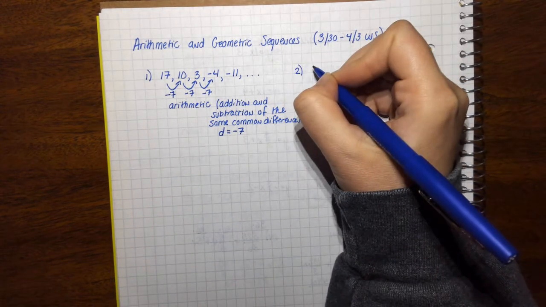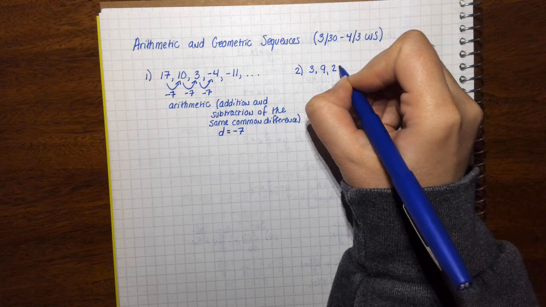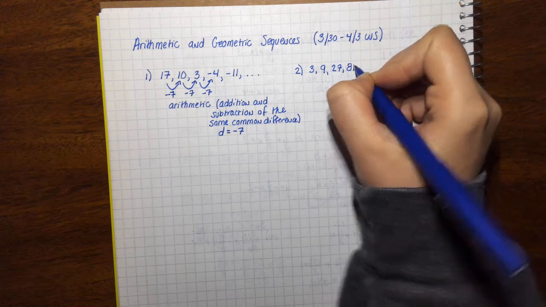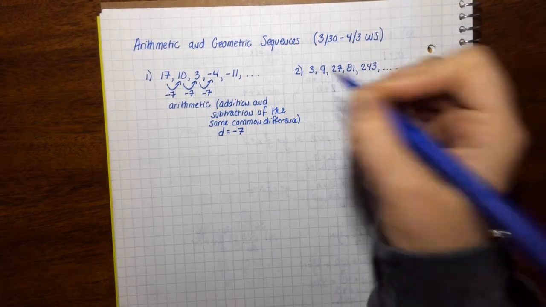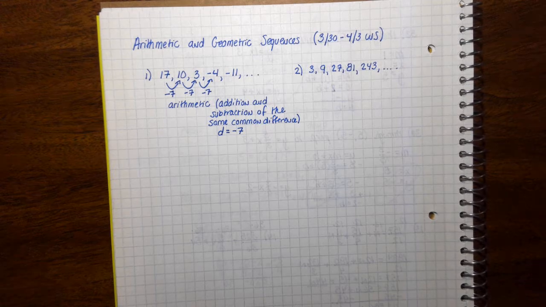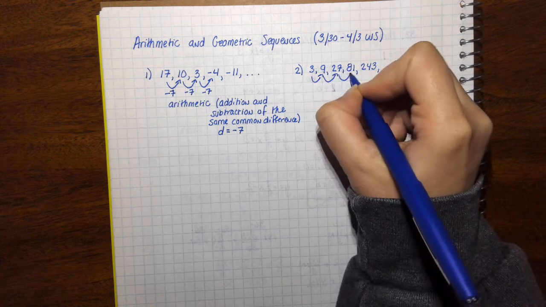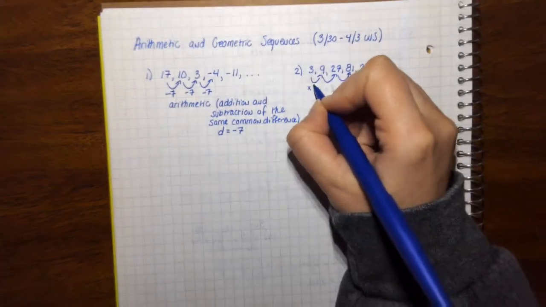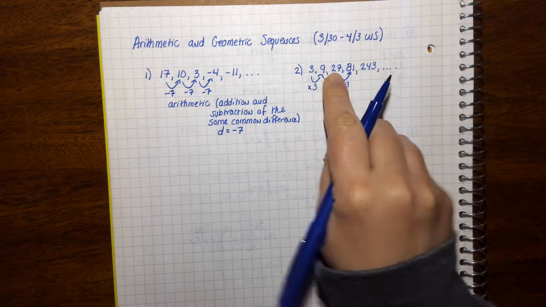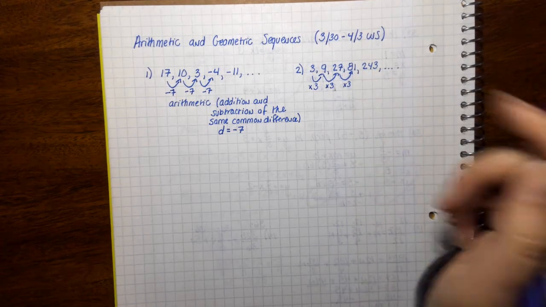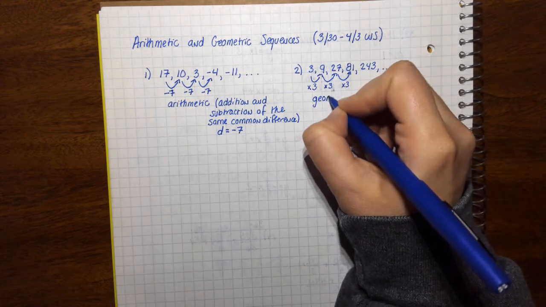Okay, number 2: 3, 9, 27, 81, 243. Okay, so notice these are increasing by more than the same amount. So I can tell that these are multiplying by 3. 3 times 3 is 9, times 3 is 27, times 3 is 81, and so on. This sequence is geometric,